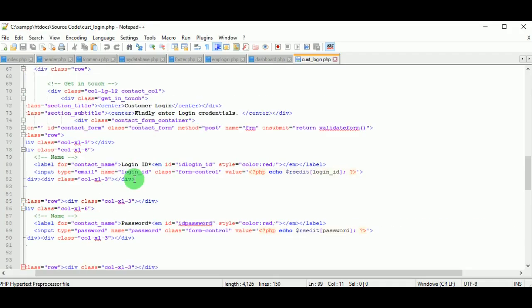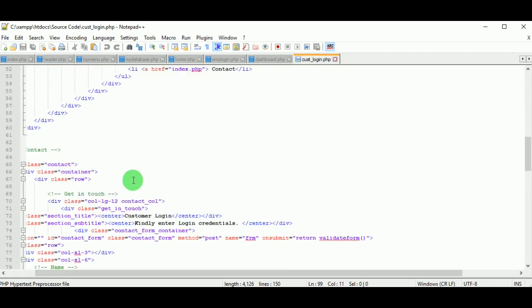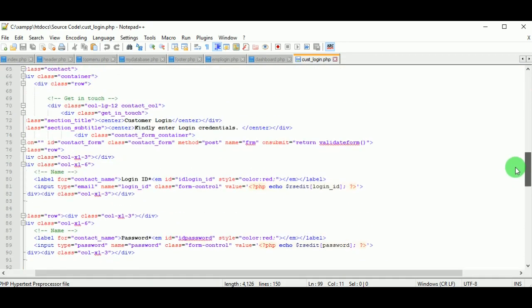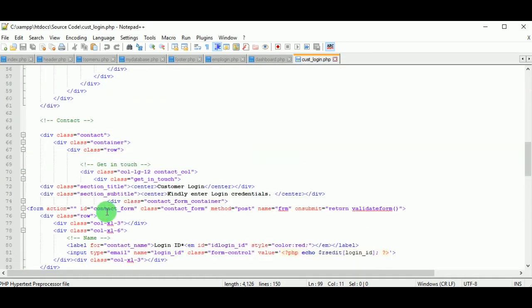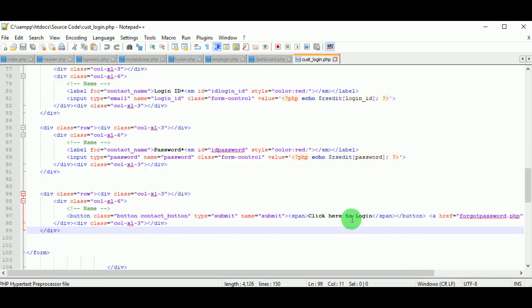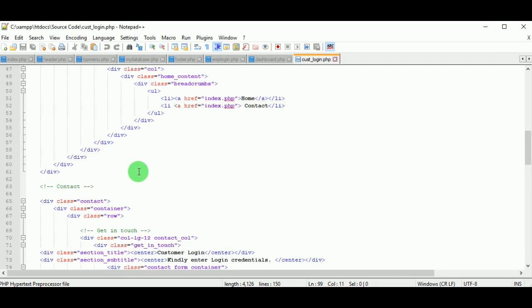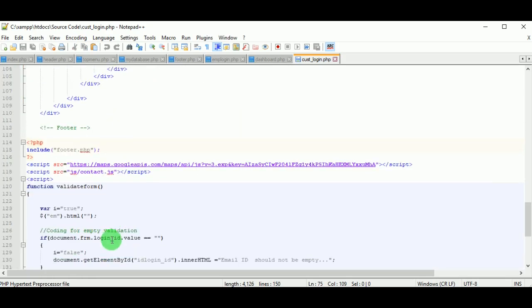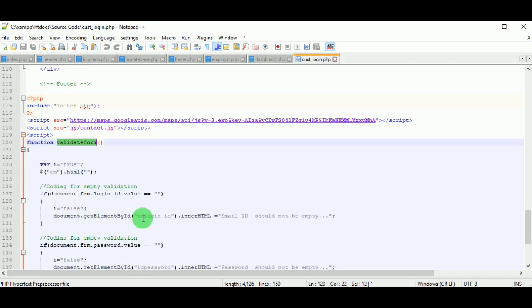So when you click on the submit button, on submit return validate function, so this function will be evaluated, and you can see this function written in the script at the bottom after the footer.